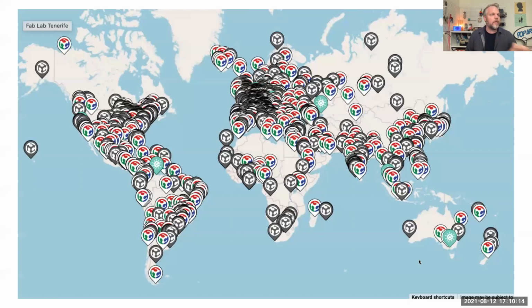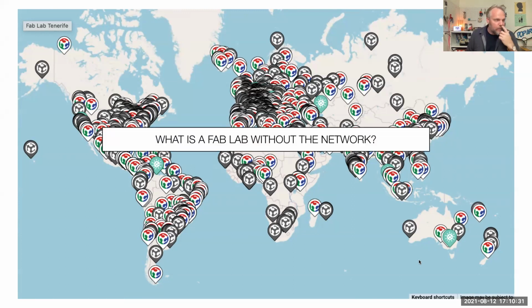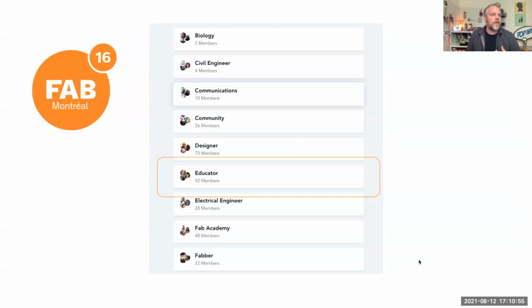This is my personal opinion at the moment, but here's our network, okay? Network of Fab Labs around the world. It's growing, and Fab Labs, maker spaces, different kinds of hacker spaces, but on this map, there are many spaces around the world that are thinking about these issues. And so I asked myself, what is a Fab Lab without the network? The network is so integral to the identity of a Fab Lab. And I'm always talking to students about how there's a bunch of labs just like this one that you could one day share your material with. Someone in Europe can make the lamp that you made, and you can take an idea from someone in a different part of the world and fabricate it here. So that's a very powerful thing in the Fab Lab network.